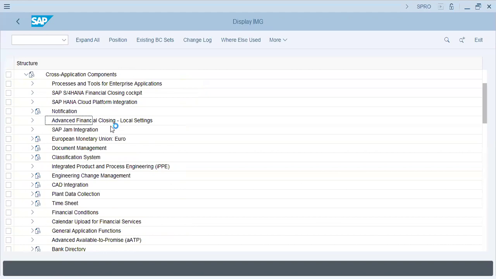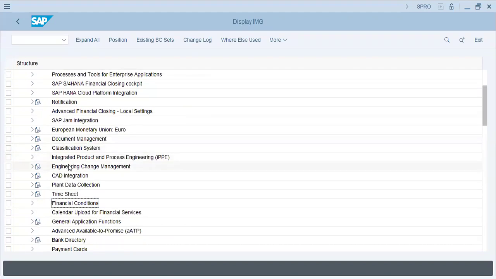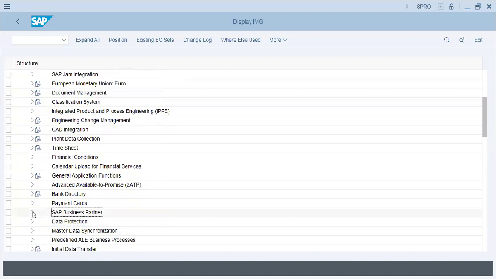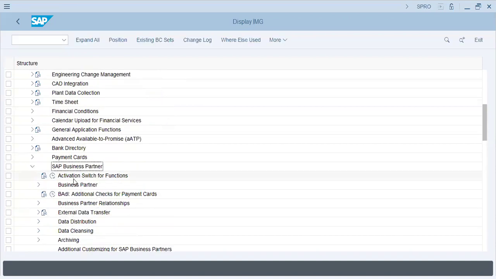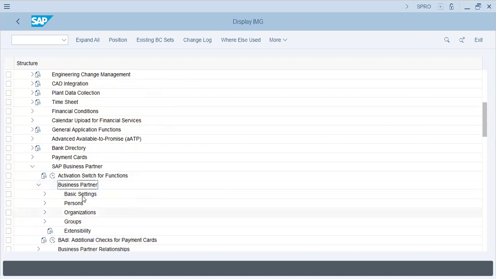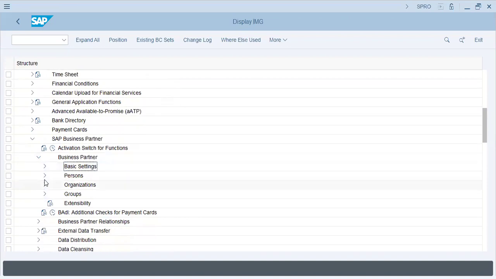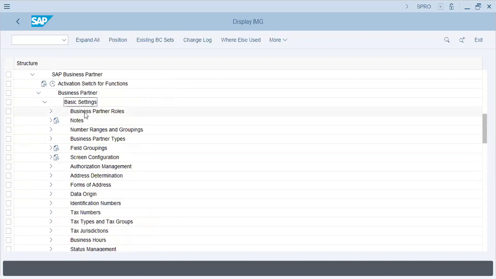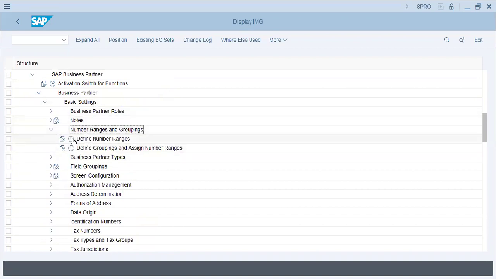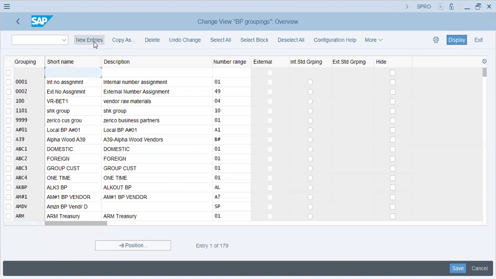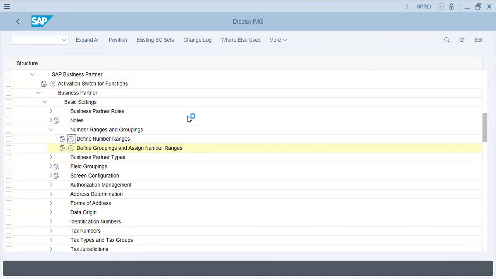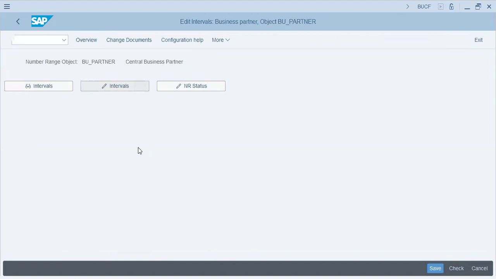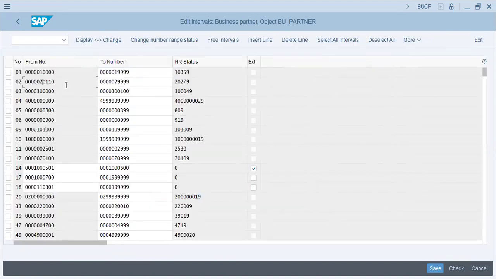Cross application components, SAP Business Partner, Business Partner. Basic settings. Number range and groupings. Define groupings and assign number range. Find number ranges. Interval 0 to